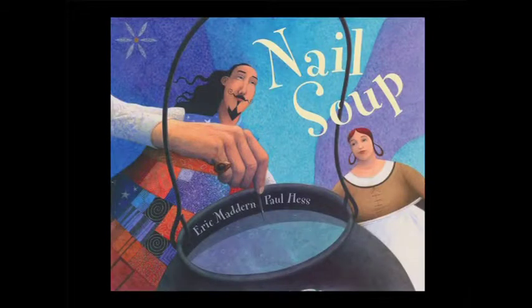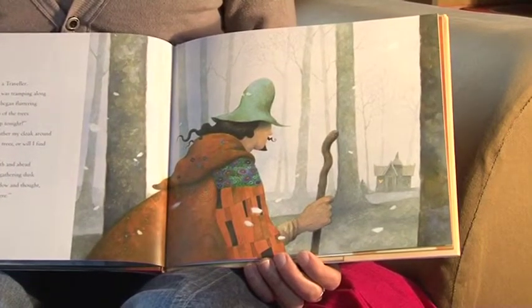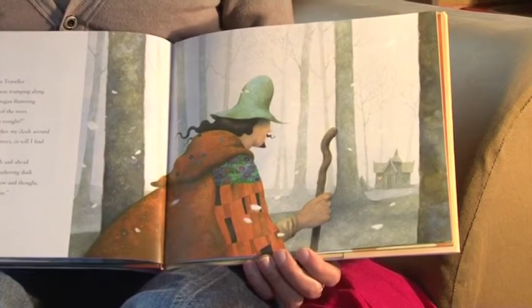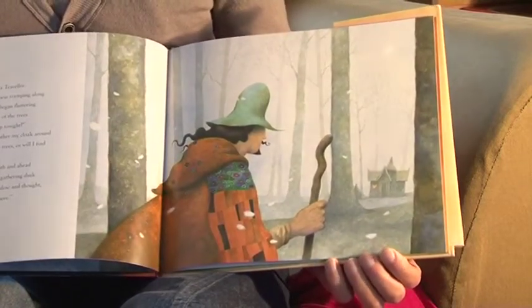Now this is Nail Soup here, and it's a story about a traveller on a very bleak wintry day, and he's walking through the woods and it's beginning to get a bit dark and the snow's beginning to fall, and he thinks, I need to find myself a bed for the night. And he sees this cottage over here and he thinks, oh, that will do. Looks like a good place to stay. However,